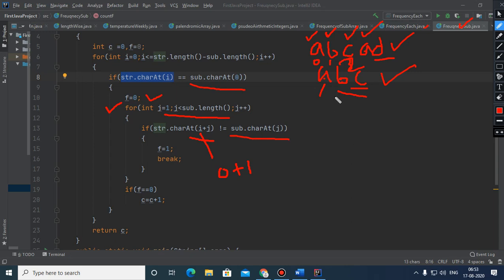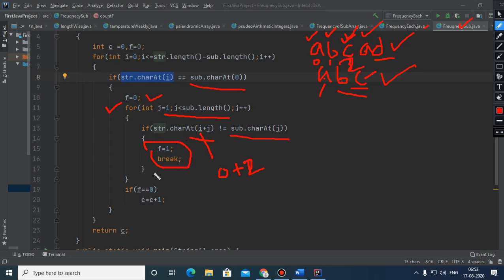Since there is a perfect match, this block will not get executed. After that j will become 2 and i plus 2 will become 2, and this time we are getting c, and with the help of sub.charAt we are getting this c. So again there is a perfect match and this block will not get executed. After that j becomes 3 and this loop will get terminated.